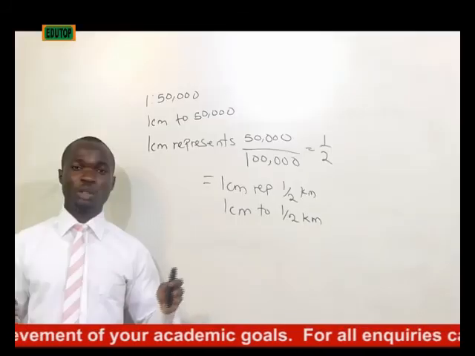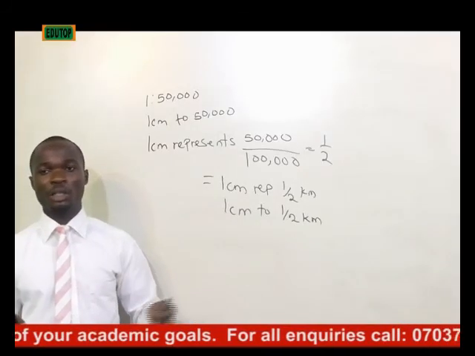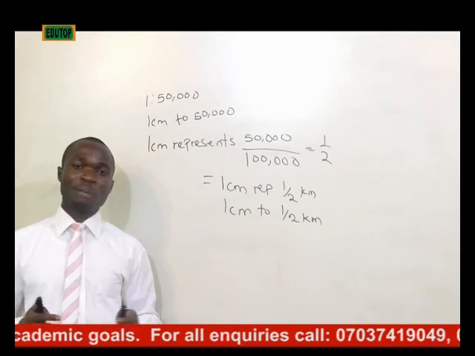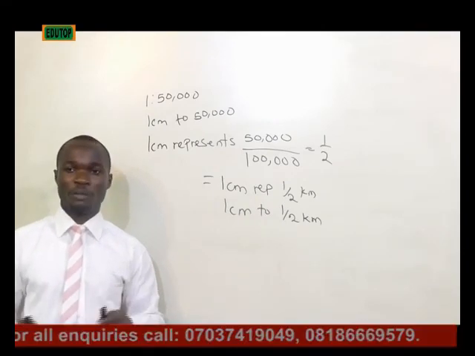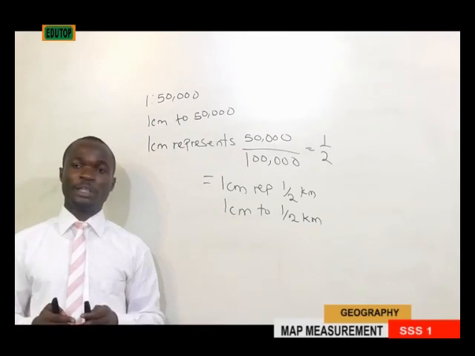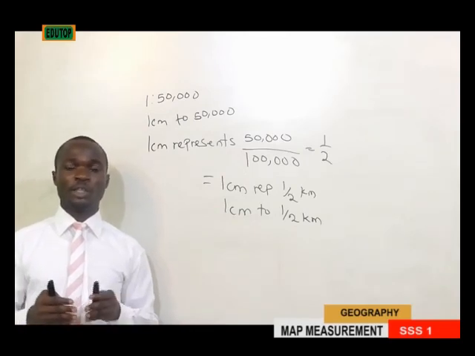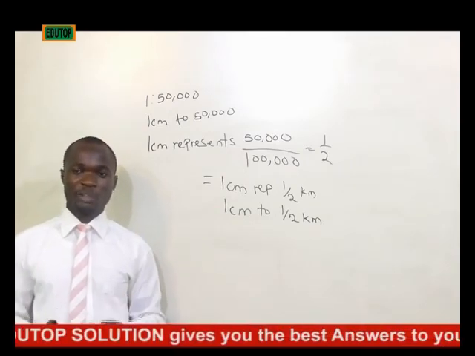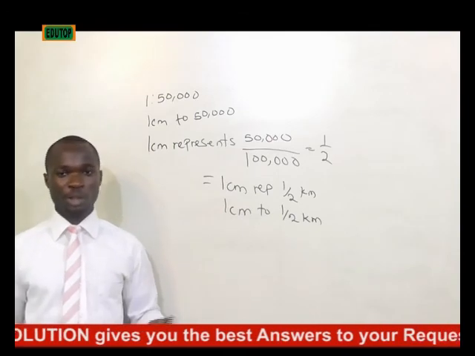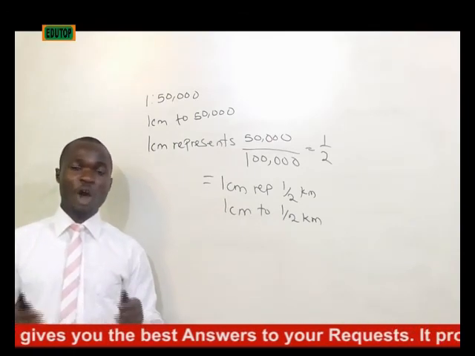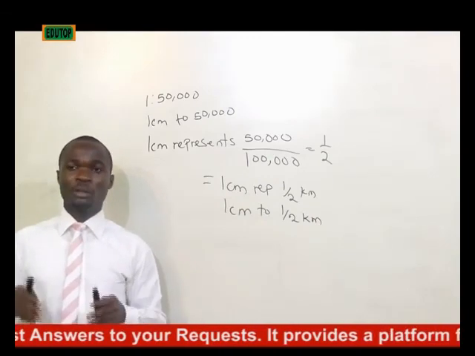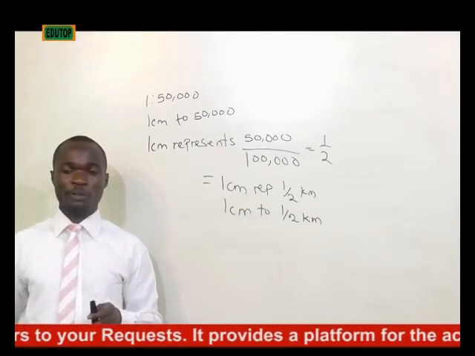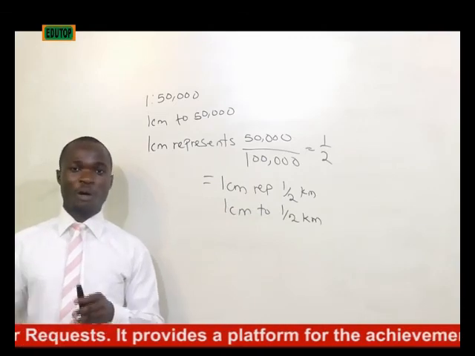The interval between one point or location on the map and the other at times may be straight, at times it may be curved. But whatever is the case, it does not stop our measurements. If it is straight, we measure it with a ruler. If it is curved, we use our thread to trace along the curved nature of